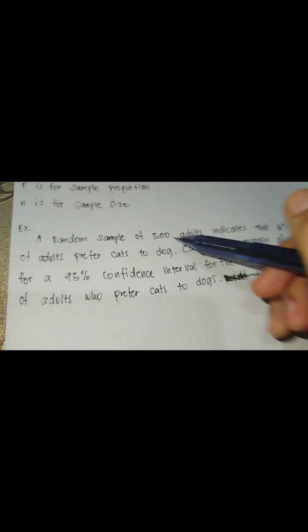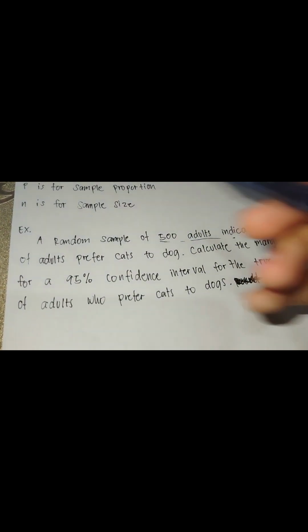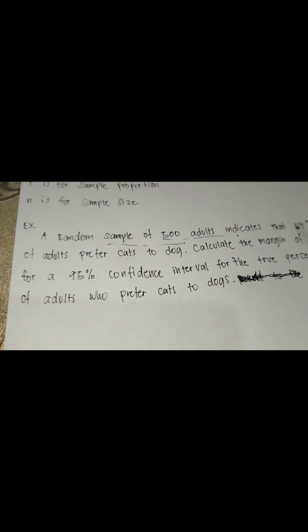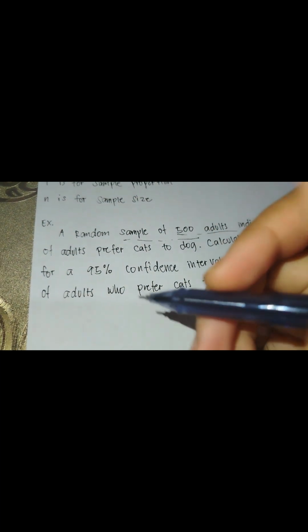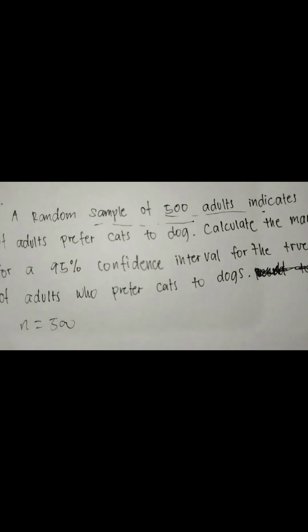So, naa tay sample of 500 adults. So atong N is 500. N equals 500. Sample proportion na to kay